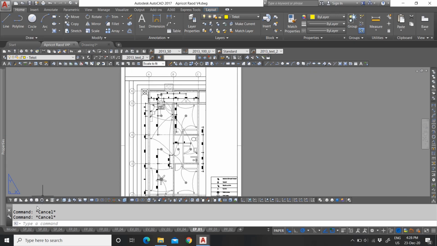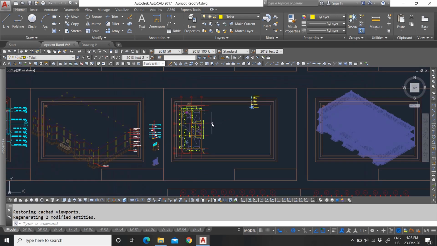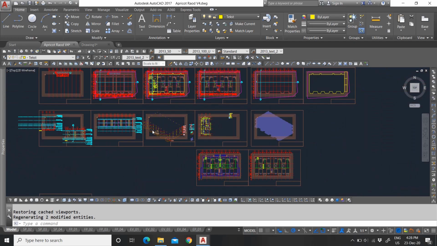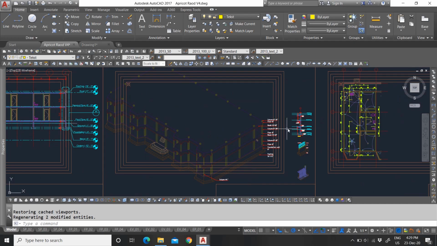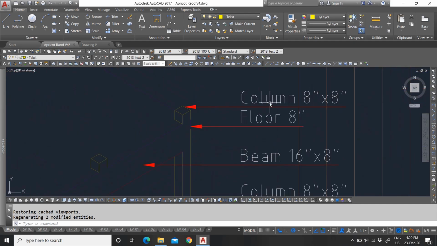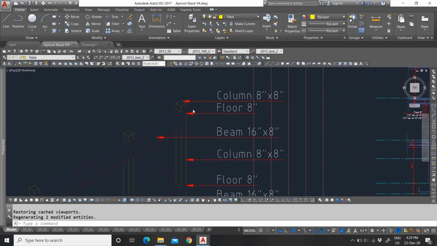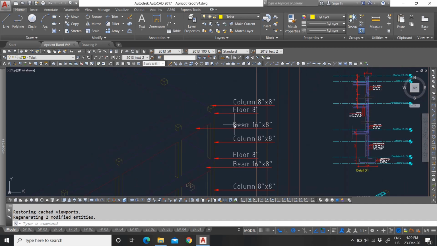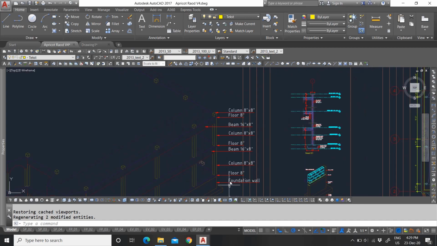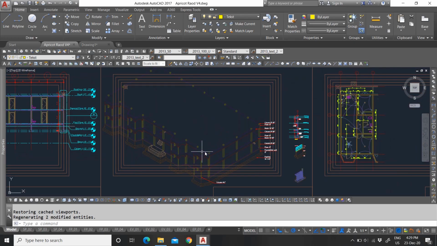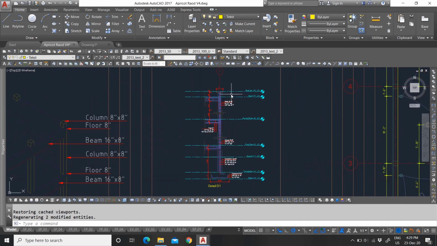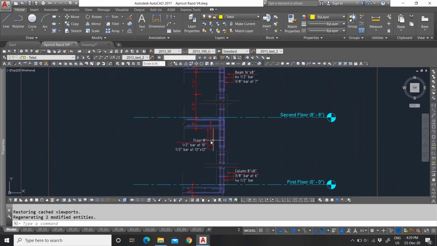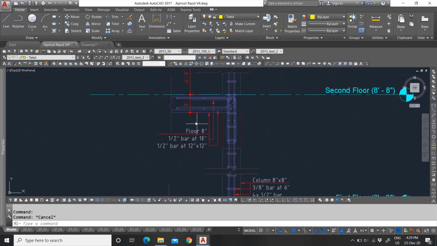Furthermore, for each and every plan or drawing that you have, you can do these things. Like here, I have my 3D view. And in my 3D view, I found it important to annotate what these things were, like my column, my floor, and the size of the beams. And here, the person who is reading my drawing can have a better understanding. Also, with a couple of detail views and my section view, and here with leaders that I added in AutoCAD